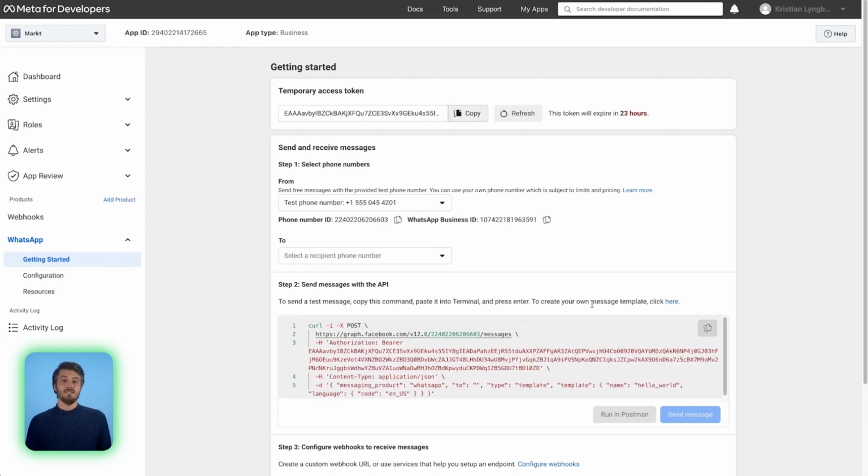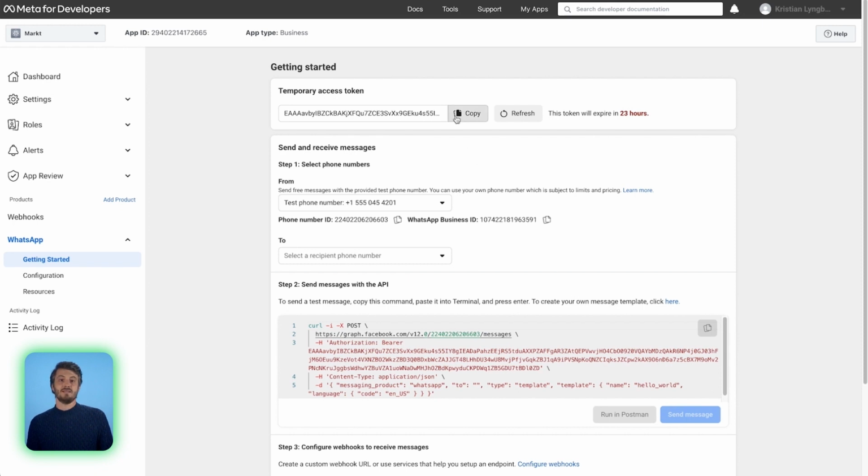After setup is complete, you will have an app that is linked to a business, and we have created a test number for that business. Well, what are test numbers? They are a resource to get you started quickly. You can use test numbers to try out the API and start building your app quickly. You can send messages to up to 5 phone numbers that you own with test numbers.